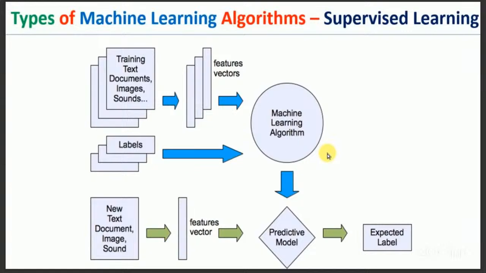Okay, so leave it. So machine learning algorithm will be trained on labeled data. So you need to tell what type of document or what type of image it is. And predictive model, you are ready, and I am going to test you on different cases: how good you are at predicting or giving the result. So we'll justify that. That is called expected label. So next,